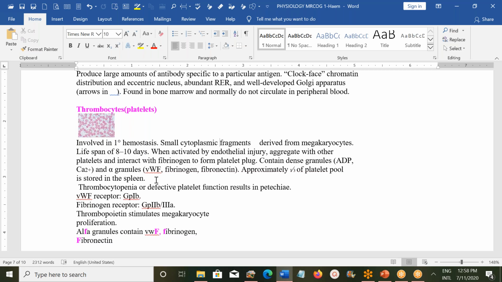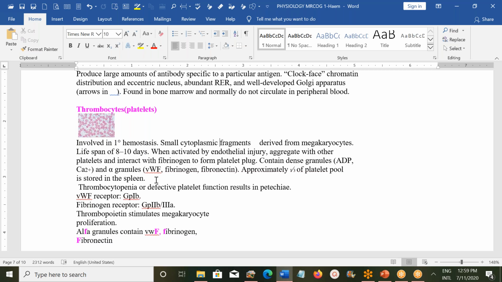So what will happen? Whenever there is an injury, the platelets will come and attach to the wall of the injured endothelial cells. They will secrete certain substances and then attach themselves to the endothelial wall, to the damaged endothelial cells. Which part of the endothelium? Collagen. The collagen tissue is exposed, so platelets will go there and aggregate and form the